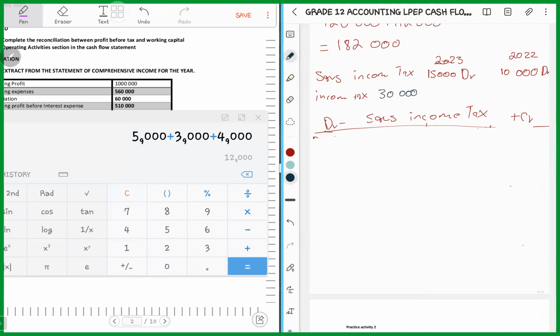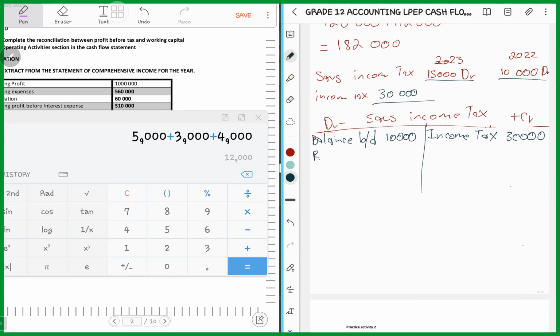Let's hope it's enough. Now, since we're having a debit here, it means here we would say balance brought down, then write 10,000. Then here we would write the income tax. It's how much? It's 30,000. Then remember, we are having another debit here. So it means here we would do what? We would say